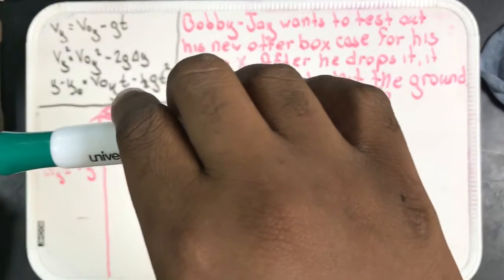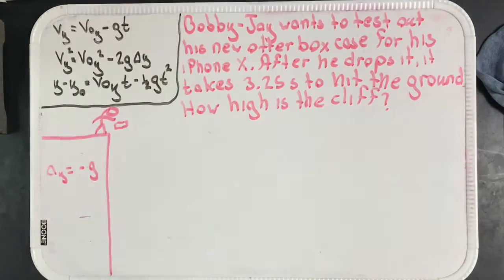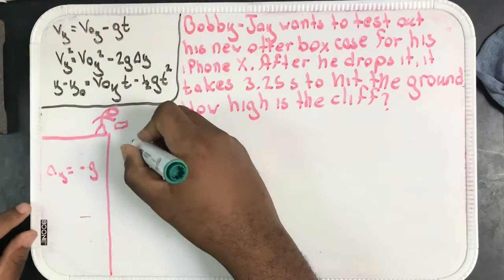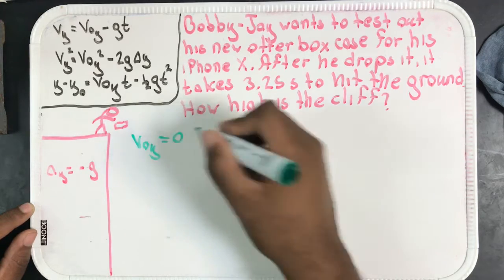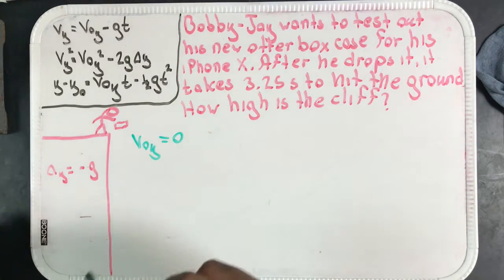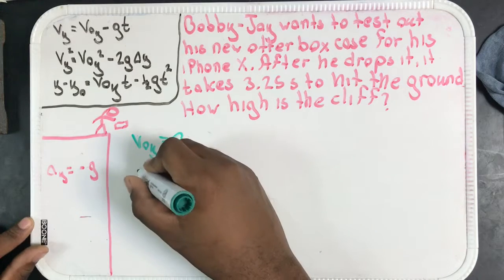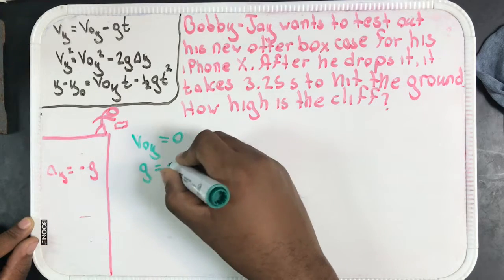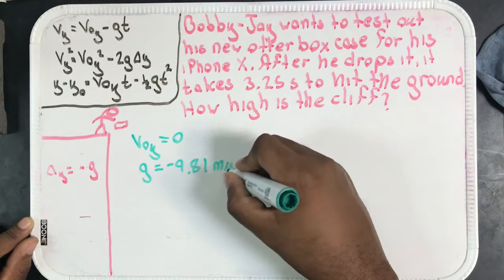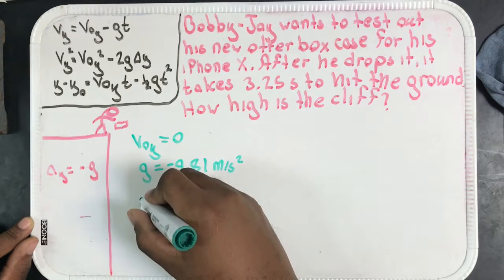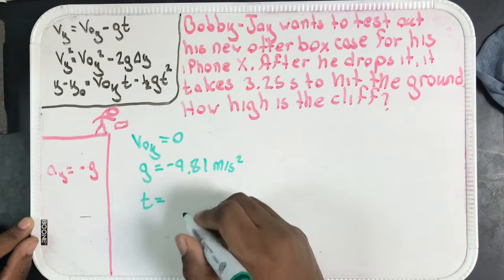It's in his hand and he just drops it, okay? So we know that the initial velocity in the y is equal to 0. It's always good to start writing down everything you know, okay? So we know that gravity is negative 9.81 meters per second squared,